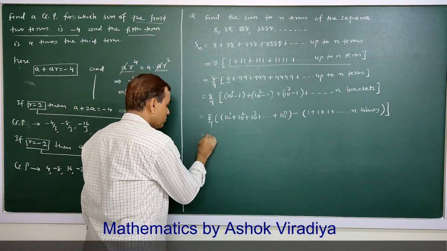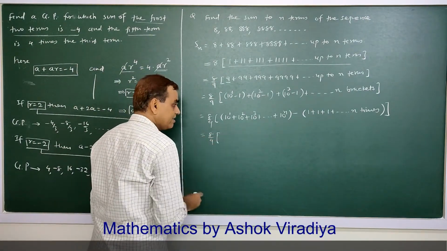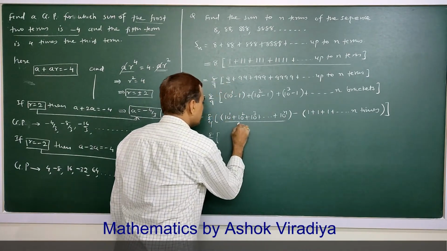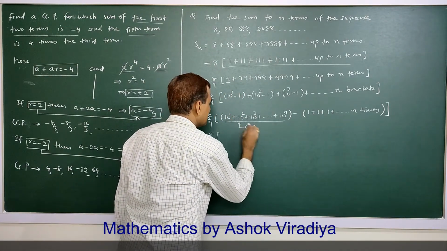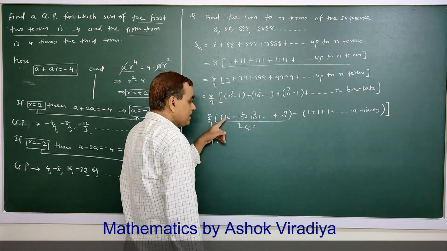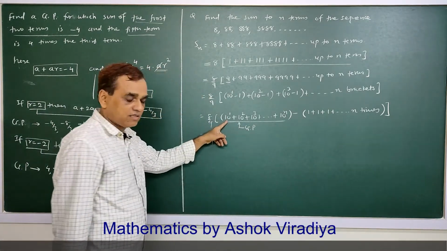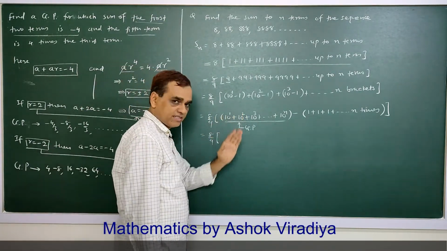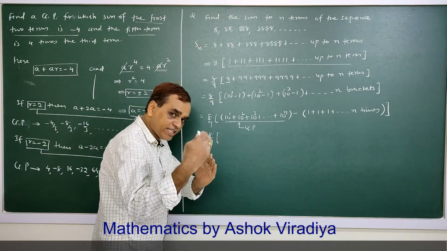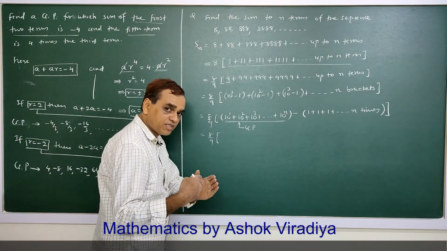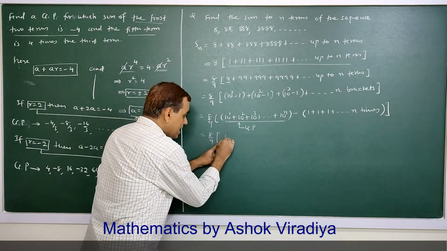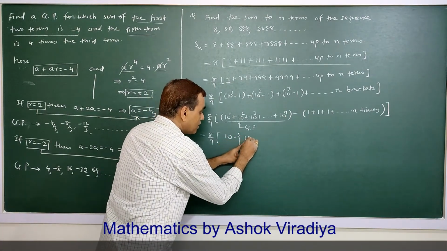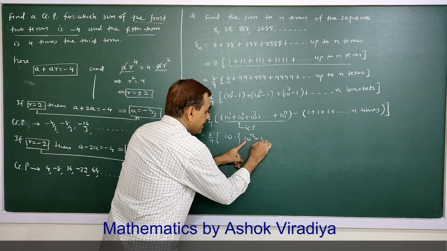So it is equal to 8 by 9. Now see, this is a GP. In this GP, first term is 10. Ratio is also 10. Each number is multiplied by 10. So using A into R raised to n minus 1 upon R minus 1,